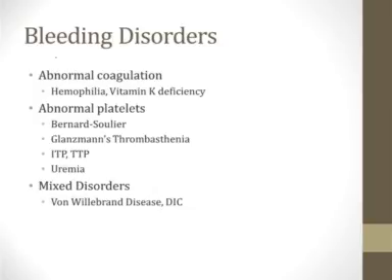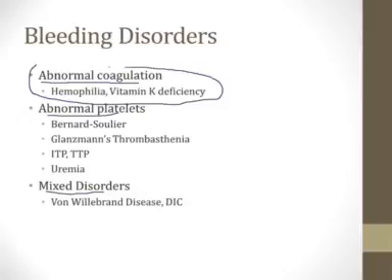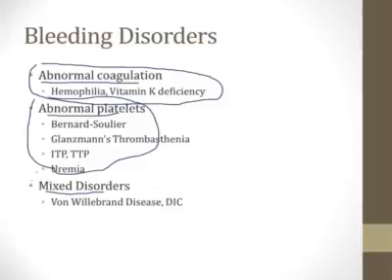An easy way to group bleeding disorders in your mind is to think of them as those that result from abnormal coagulation, those that result from abnormal platelet function, and those that are a mixture of the two. In another module I talked about abnormal coagulation, bleeding disorders like hemophilia and vitamin K deficiency. In this module I'm going to talk about platelet disorders and also disorders that involve a mixture of the coagulation